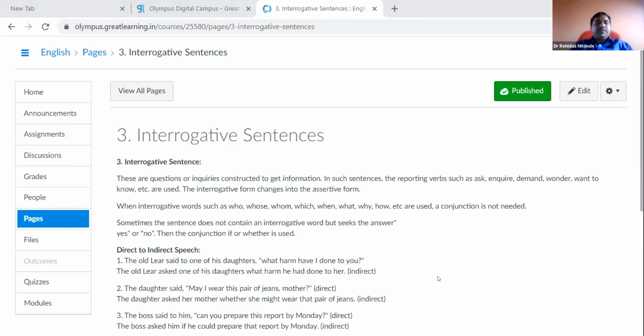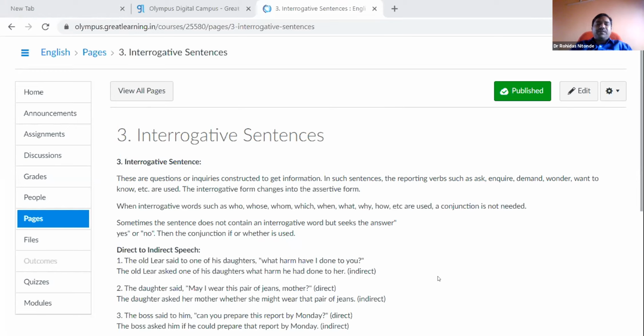Okay, students, now you can see on the screen, it is clearly mentioned what interrogative sentences are and what we have to do while we are transferring interrogative sentences from direct to indirect. So the first segment there on the screen says these are questions or inquiries constructed to get information. In such sentences, the reporting verbs such as ask, inquire, demand, wonder, want to know, etc. are used. The interrogative form changes into the assertive form while making